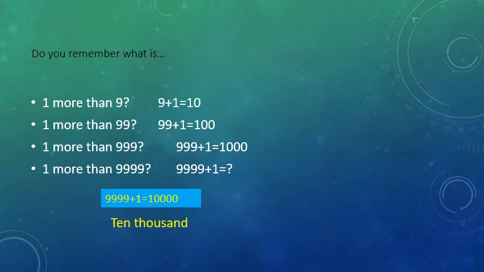In class 3rd, we had already learned numbers up to 9999. It means the greatest 4-digit number. So today we are going to revise 5-digit numbers. Can you write a 5-digit number? When we add 1 to the greatest 4-digit number, we get the smallest 5-digit number, that is 1 followed by 4 zeros, 1 0 0 0 0, and this is read as 10,000.